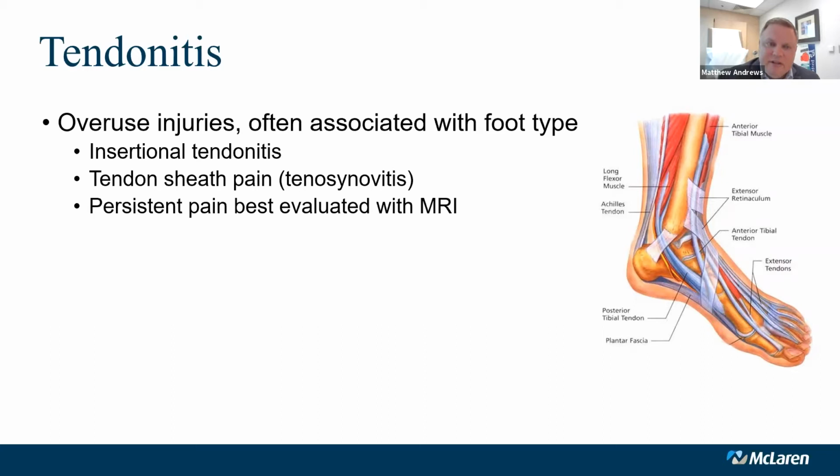So the pain from the tendons can be pain directly with the tendon, or it can be pain within the sheath. Every tendon that passes around a joint has a sheath associated with it, and that sheath can become inflamed. And oftentimes, if you have just chronic irritation with these tendons, your best bet is really referral for an MRI. X-rays typically don't really show anything specific regarding tendons because they're a soft tissue structure.